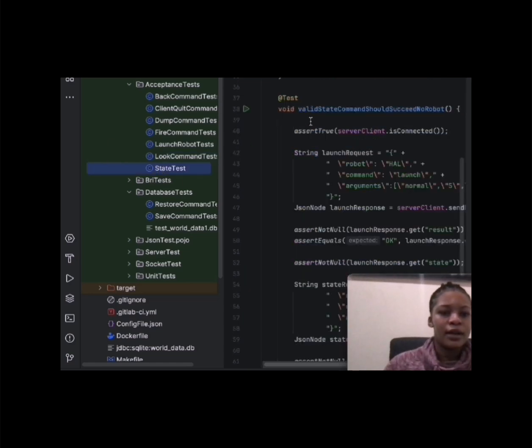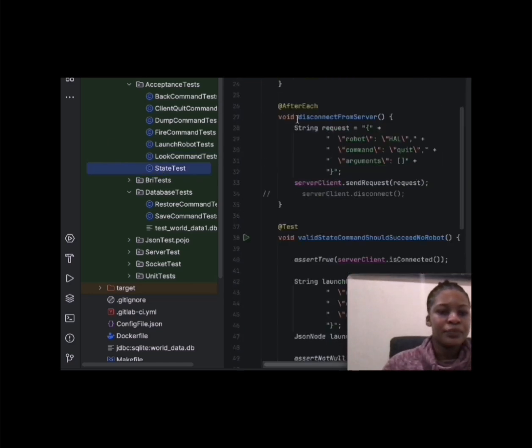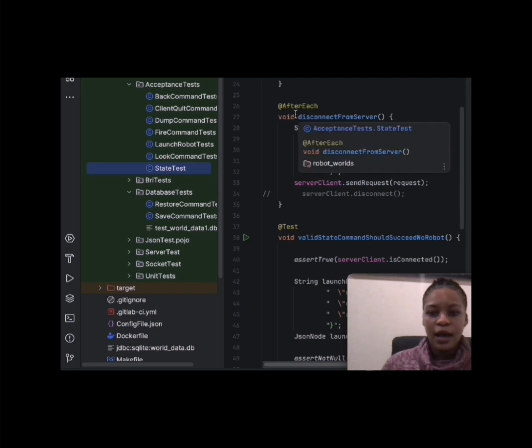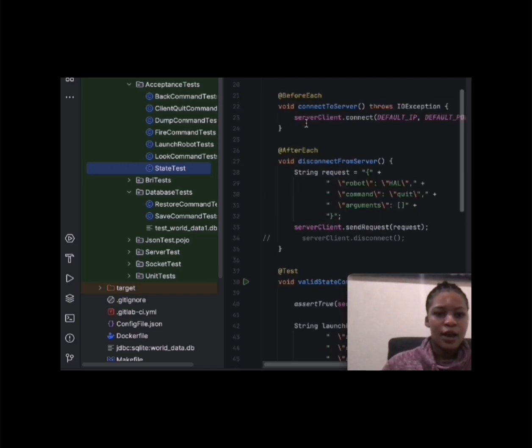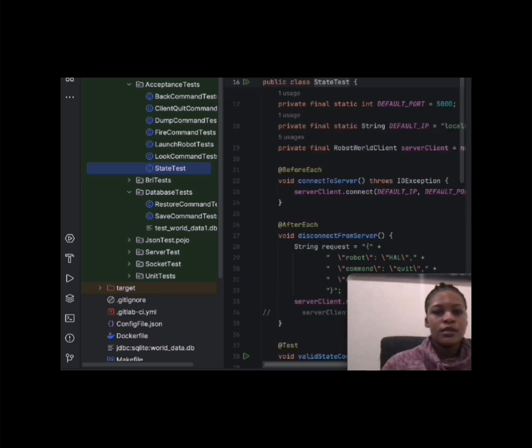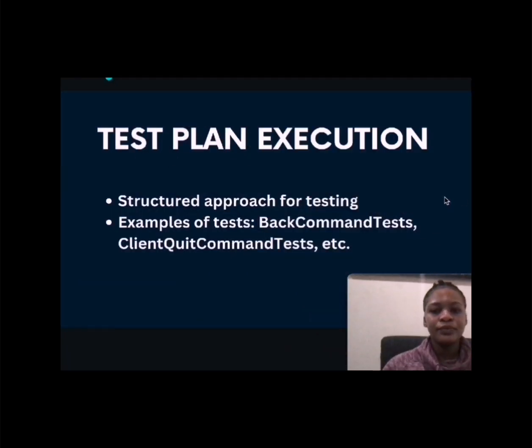There's a look command test that tests the robot's ability to look around. And we also have the state test that verifies the robot state constantly. So moving back to our slides,